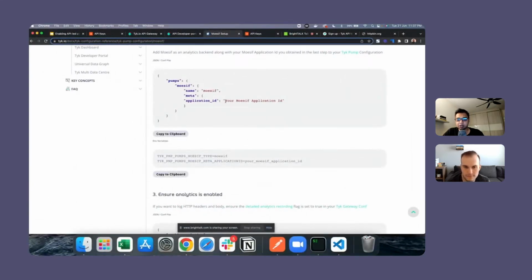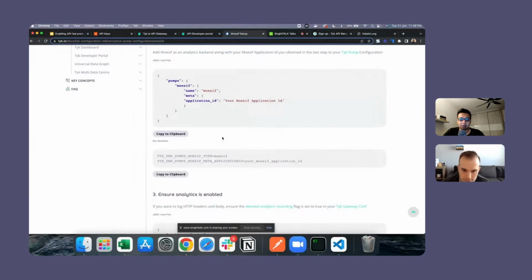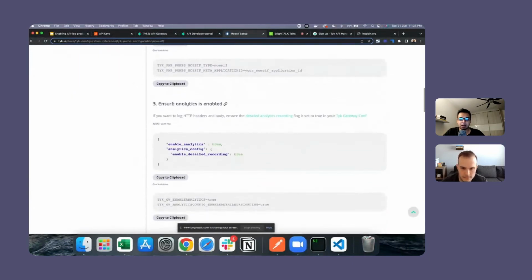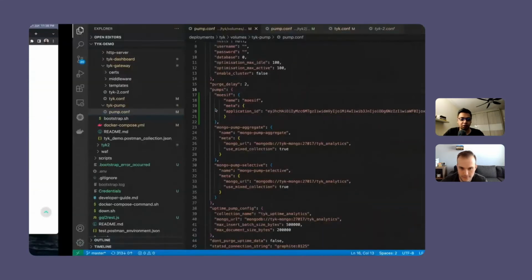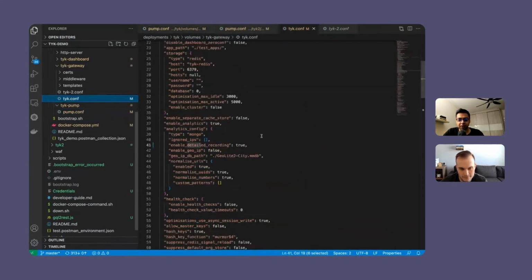Obviously, change the application ID to match the application ID either for your sandbox API key or for your production API key that you might have, which I've already done over here. Beyond that, we go on to the next step, where under the analytics, we need to have this enabled. This is going to be part of the Tyk gateway configuration, which is available here as tyk.conf. And over here, you can easily search for